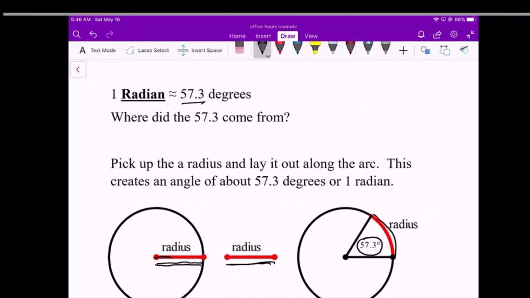It's literally picking up the radius, laying it out on the circle, and seeing what the size of the angle is that's created when you do that. You'll notice the unit is called a radian, which sounds a lot like a radius, and because in a way the angle comes from using the